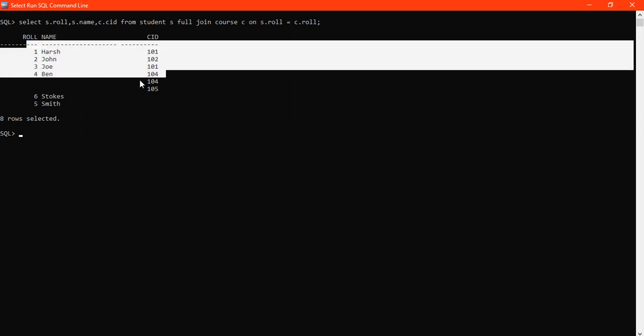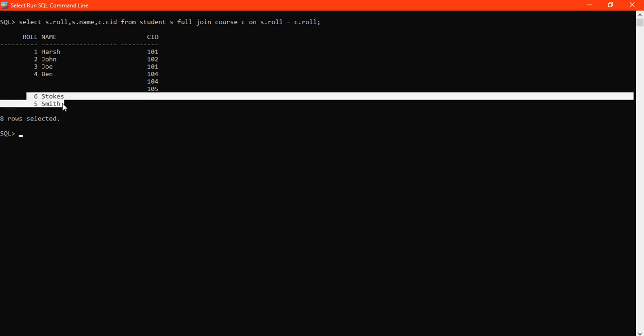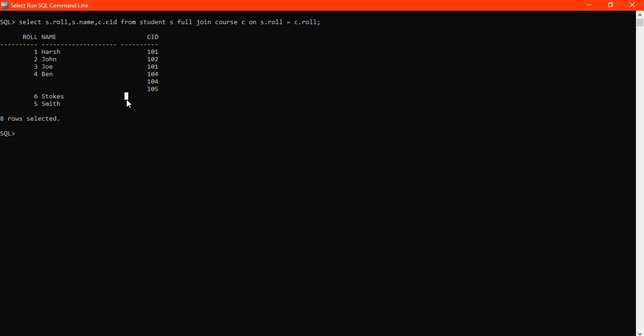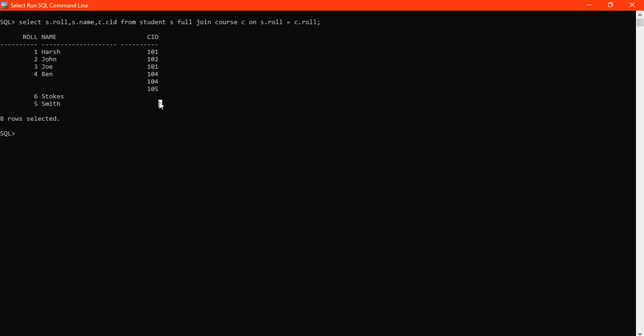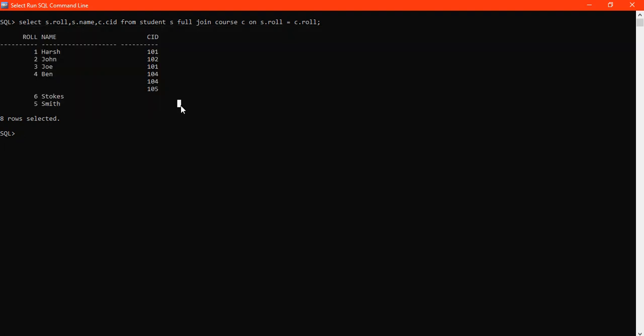After that, 104 and 105, which we saw in the right join, got printed, where the values from the left table were null. Then there is the output of the left join, where these values were present in the left table, that is the student table, but there were no entries for CID in the course table, so these two records were null for the CID column. So this is the output of your full join. That's all.